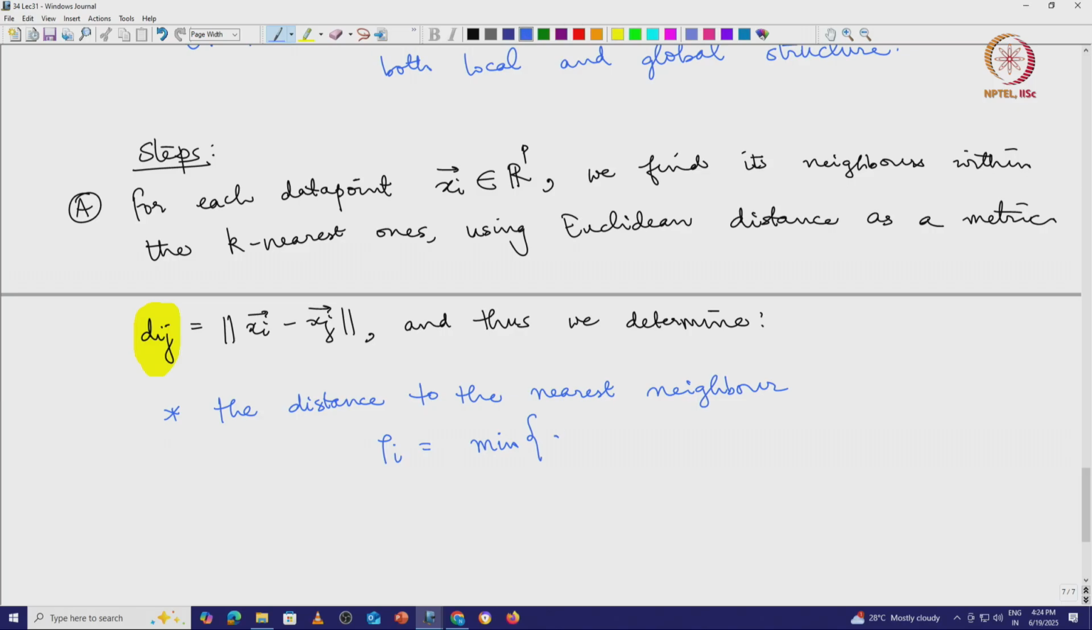So it is the min of the set of dij's where dij is greater than 0. So that is how I am writing it. So we only take the distances that are greater than 0. So we exclude the point itself, and then we look at the minimum distance, and this is important because this rho I is used as a normalization factor in the conditional probability, as you will see. So then the probability of point j